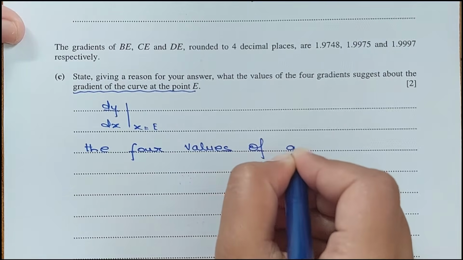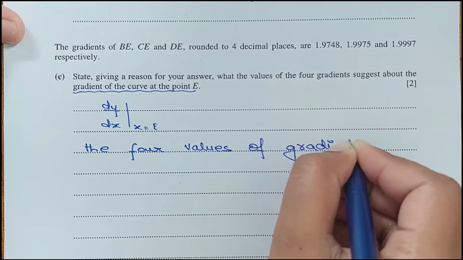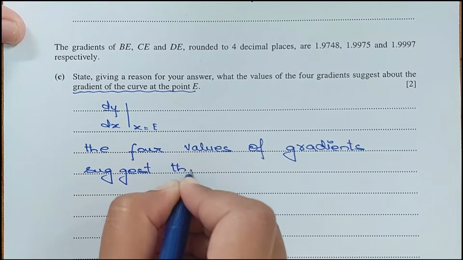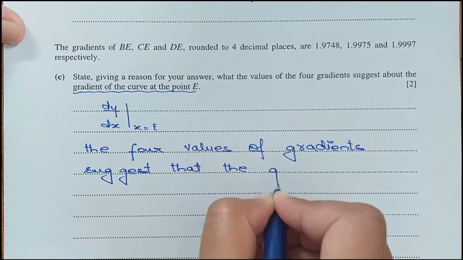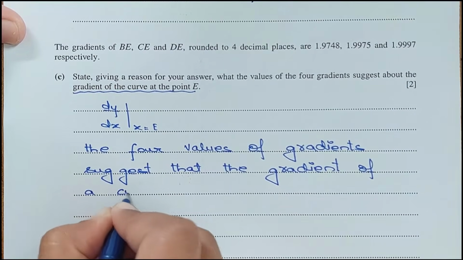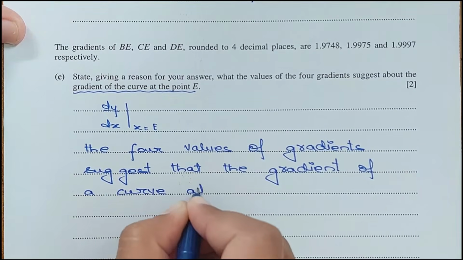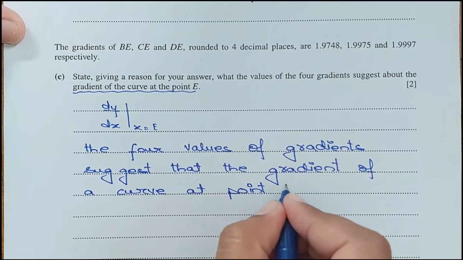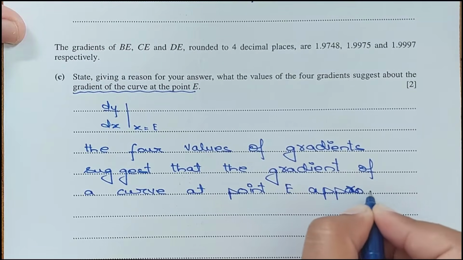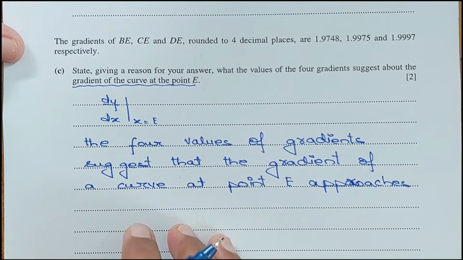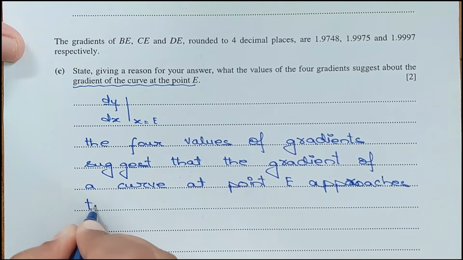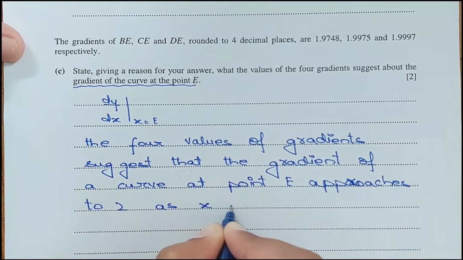So we can say that the 4 values of gradients suggest that the gradient of the curve at point E approaches 1.7, 1.9, 1.99, 1.999, approaching 2 as x